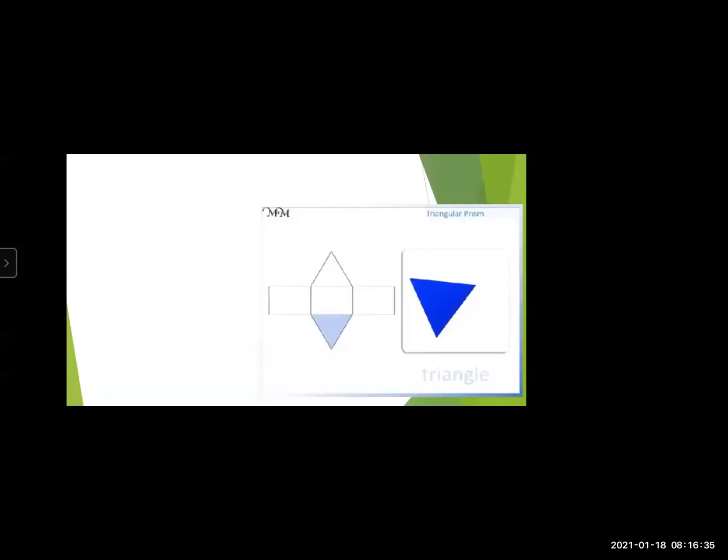Now, the next three-dimensional shape. What is the next three-dimensional shape? Let's see. Triangular prism. Oh, triangular prism. What is a triangular prism? Rectangular prism we just saw, but what is a triangular prism? In a triangular prism, the base is a triangle. So that's why it's called a triangular prism. So here, this is the difference between the triangular prism and the rectangular prism. Now let's see how it looks. How many sides does it have?